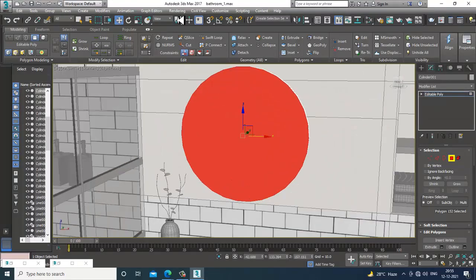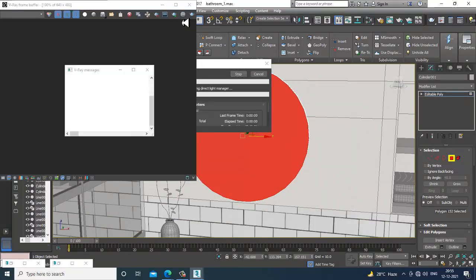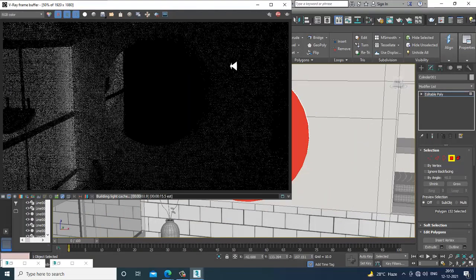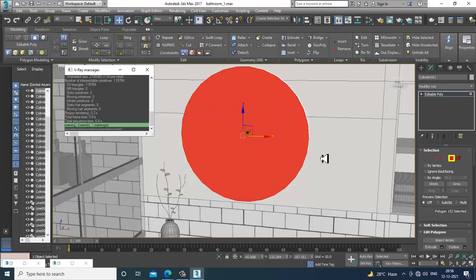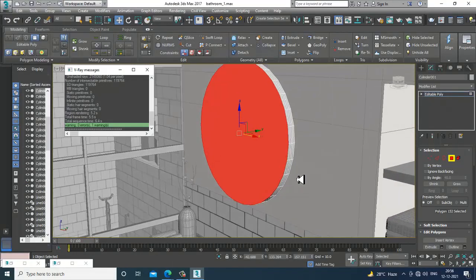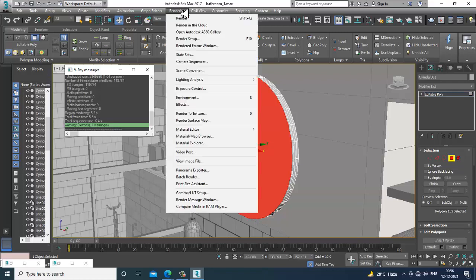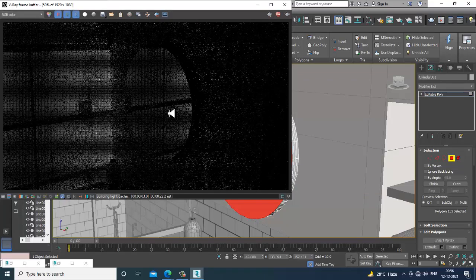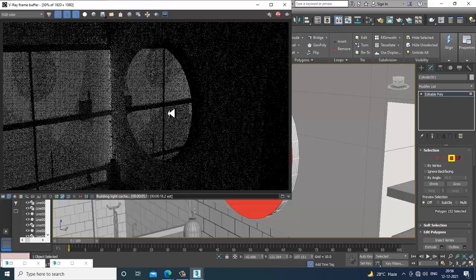Now if you try to render it, you can see there's a mirror. I have not added any other stuff to it, but you can see the reflection over here.